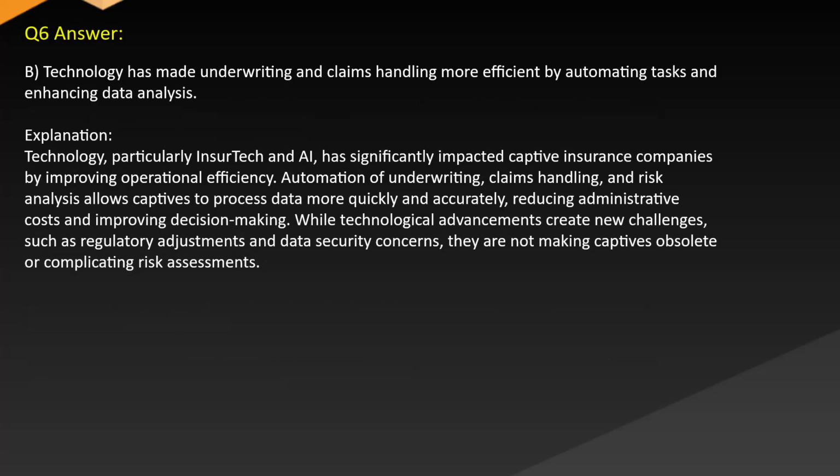Answer: B. Technology has made underwriting and claims handling more efficient by automating tasks and enhancing data analysis. Explanation: technology, particularly InsurTech and AI, has significantly impacted captive insurance companies by improving operational efficiency. Automation of underwriting, claims handling, and risk analysis allows captives to process data more quickly and accurately, reducing administrative costs